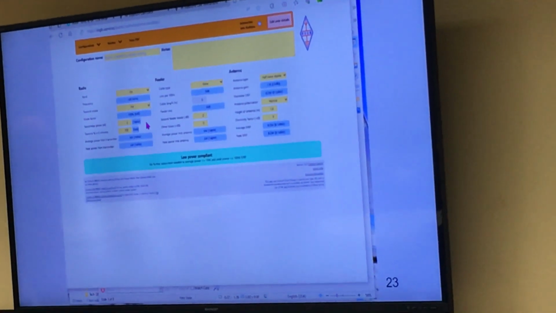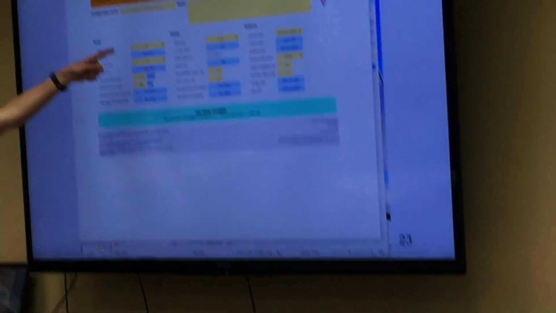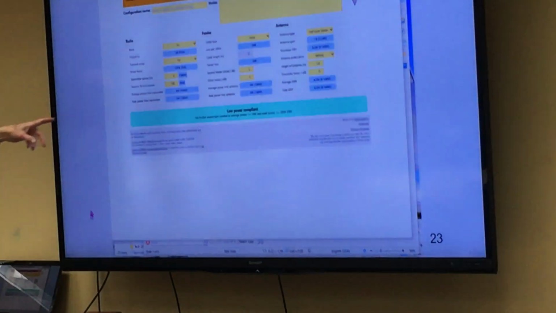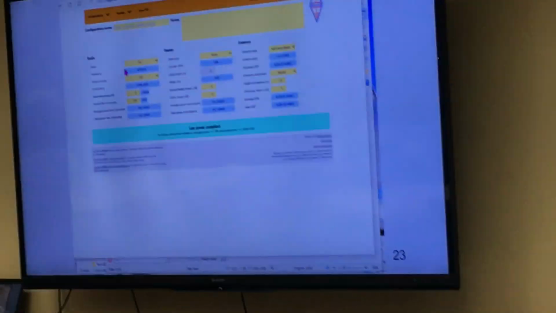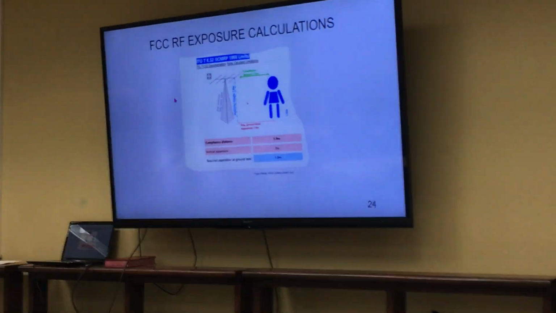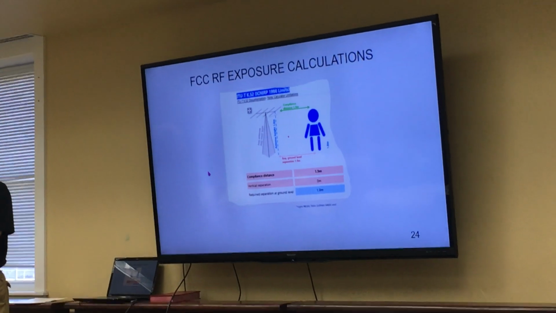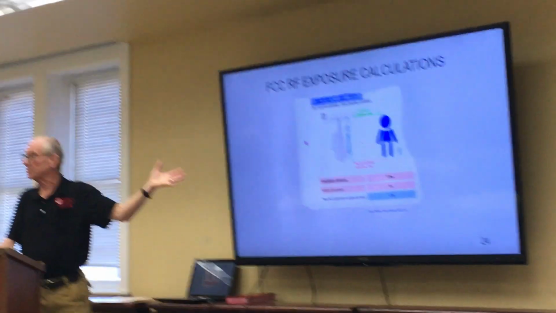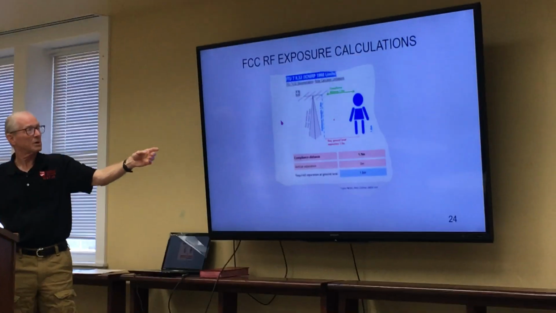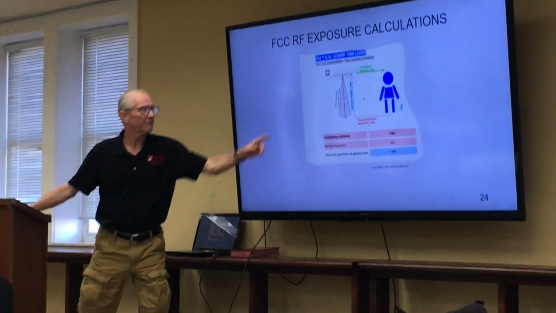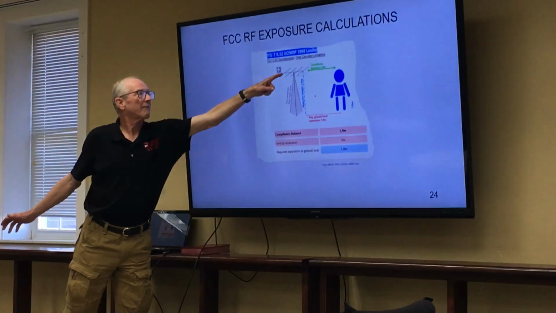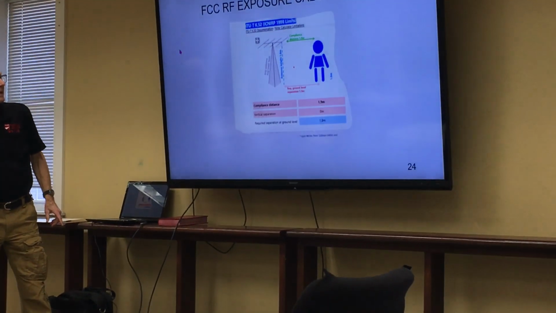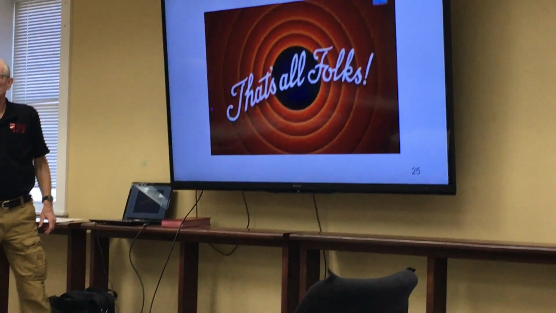I don't see any point in it, but some of these have drop-down boxes and others are hard-coded. Eventually, you will get to the part where you'll click it and you'll get some compliance numbers, but it's all in meters, and it's available, but for me, pretty much unusable. You get this cute little picture that tells how far away you have to be, from the top and from the side of the antenna. And that's all. If you have a question,